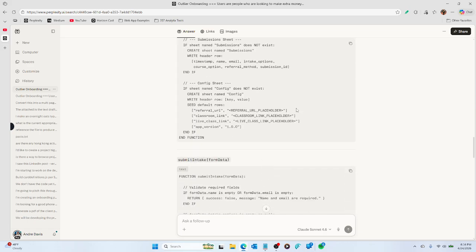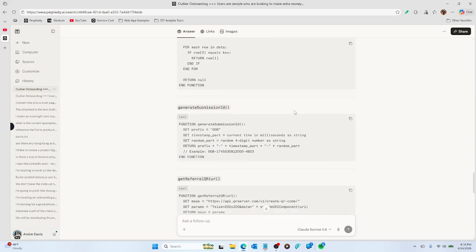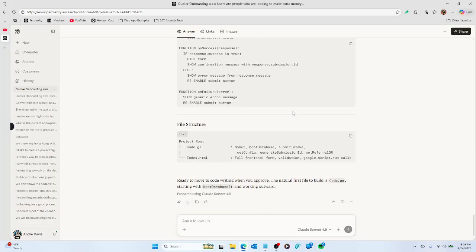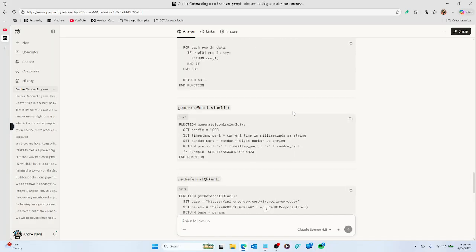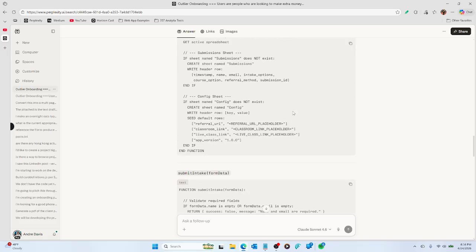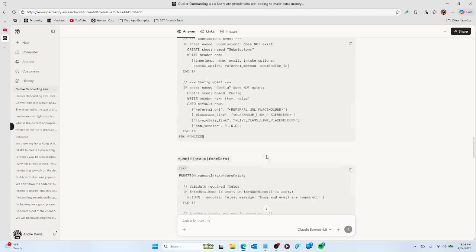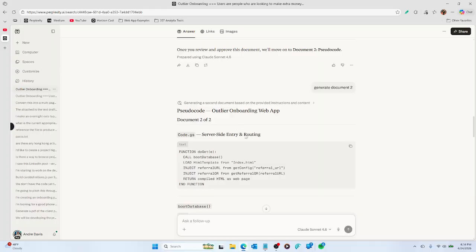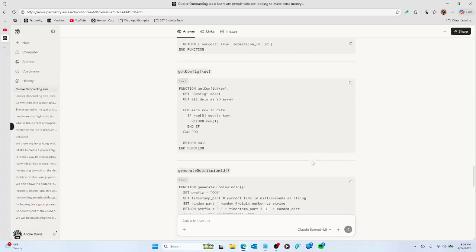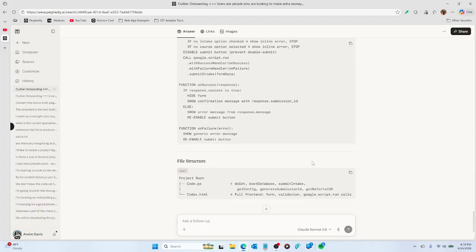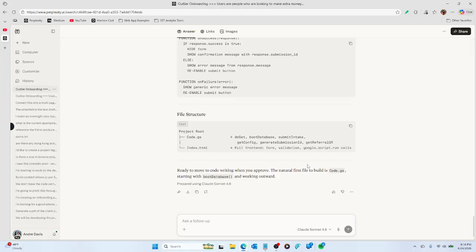I don't like how it put it into separate code windows. I mean, it's fine, but I've seen it produce easier content to work with. So let's ask it to do it differently. So say do, because I don't think we were specific in the initial. Okay, so we'll say